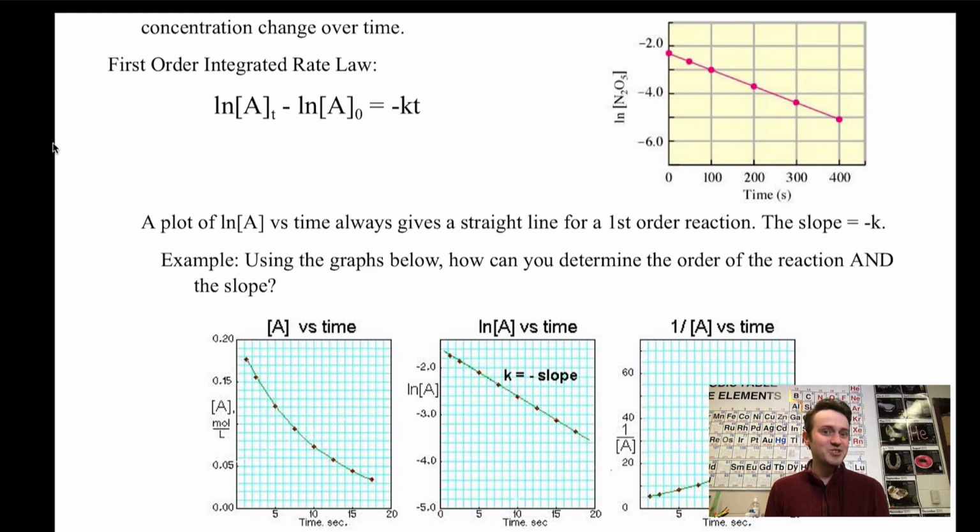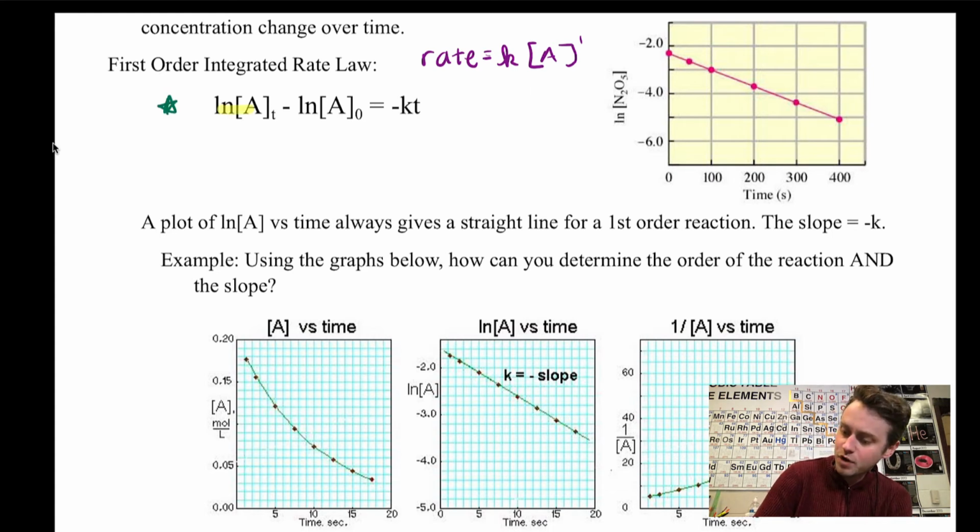The first is the first order integrated rate law. And so when we think of a first order reaction, remember that we have rate is equal to k, which is our rate constant, times the concentration of whatever we have to the first power. And of course, I don't have to include that 1, I'm just showing that to you. So if I know that a reaction is first order, because maybe I was told in the problem, or maybe I gave you a rate law, like I have right here, where we show that to the first power, then I can use this equation right here,